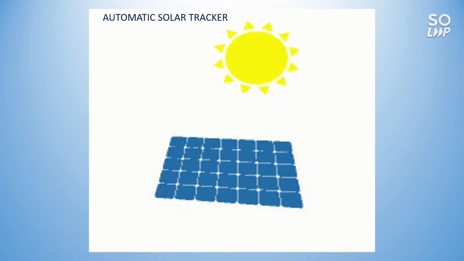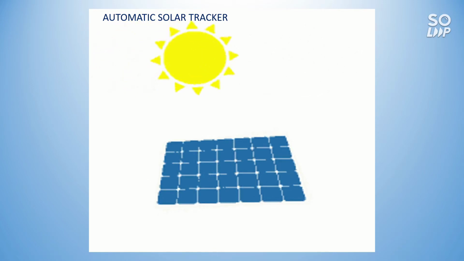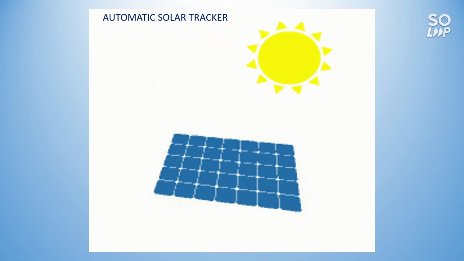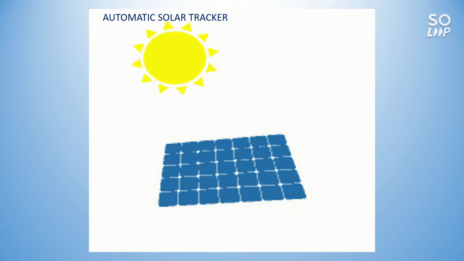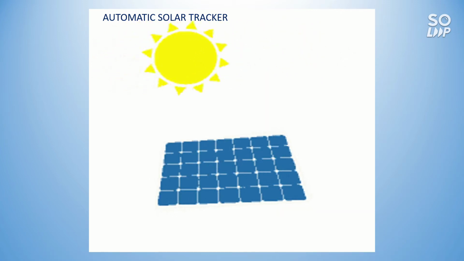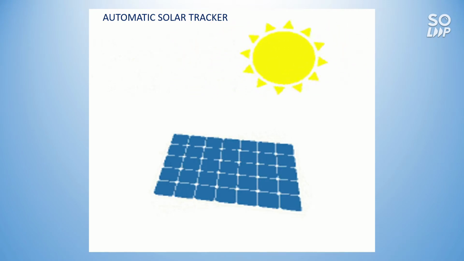We did the project of an automatic solar tracker. The light intensity of the sun varies throughout the day. So in this project, we are using the light dependent resistor to detect the position of the maximum light intensity. To change the position, we are using Arduino coding for LDR and DC motors.